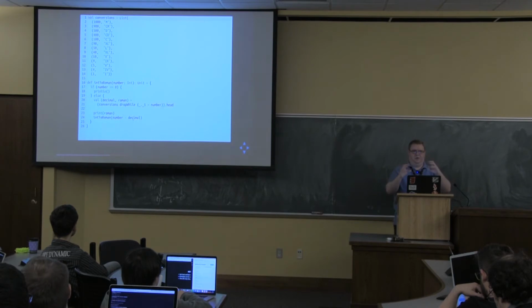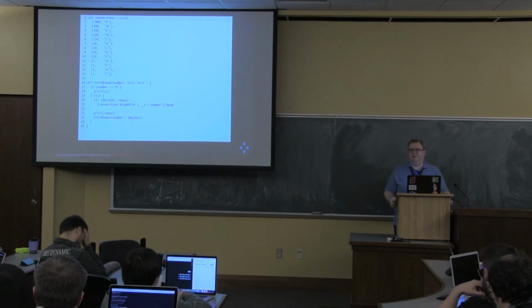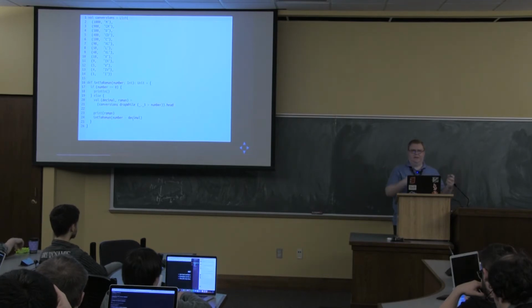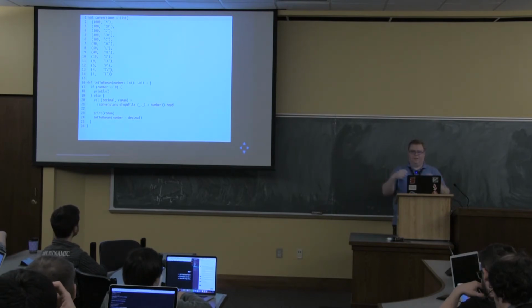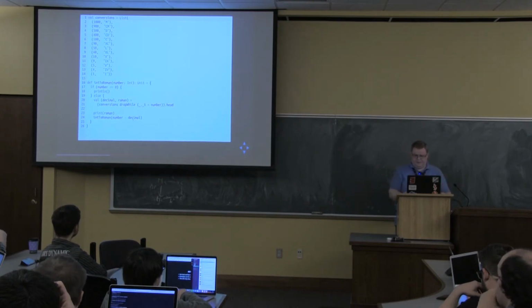You could just print one Roman numeral at a time. If you want to do anything else with it, like send it over a network, do it as part of a sentence, things like that, you're going to have to modify this function, or create another function, in order to get things done with this.